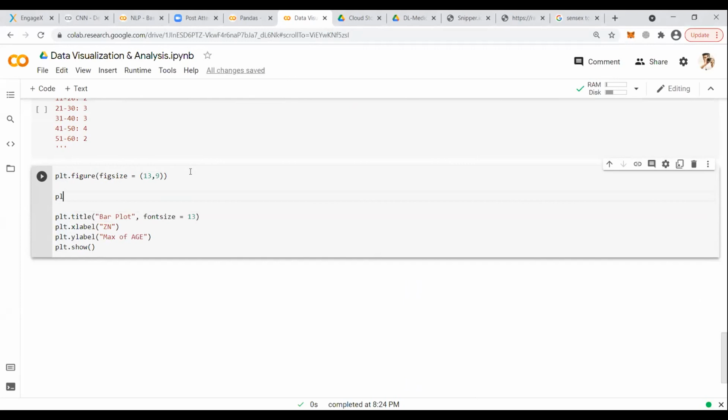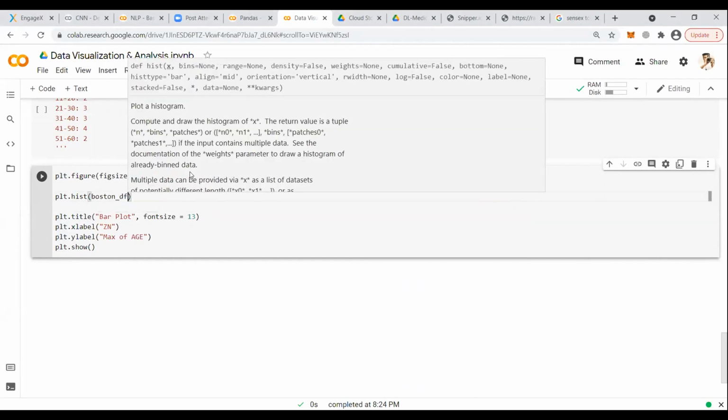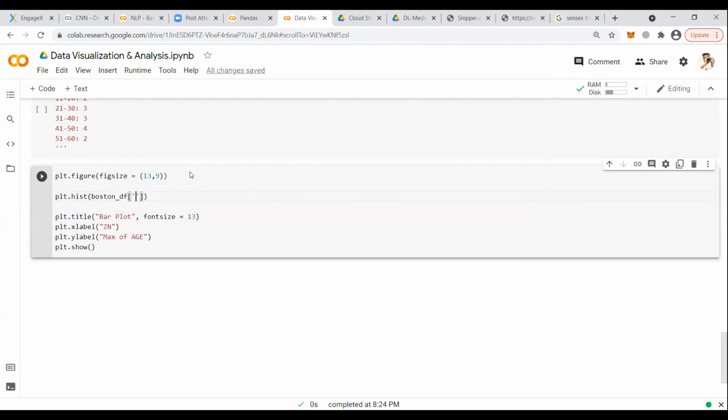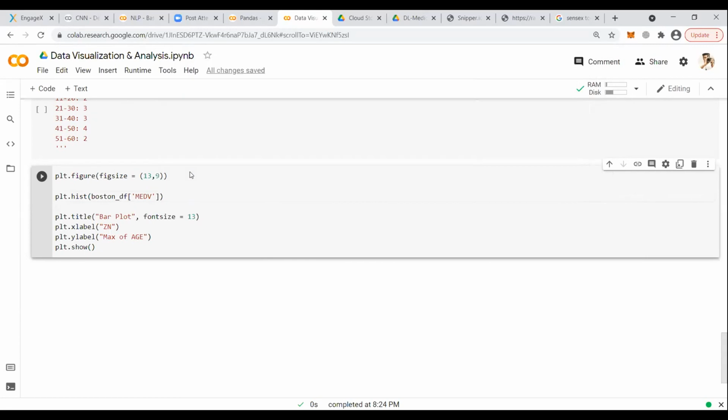I will modify it. Let me modify plt.hist. Pass here Boston df medv, bins equals 10. That is default. If I don't write anything, bins will be equal to 10. Histogram plot. X label is, let's say, medv.